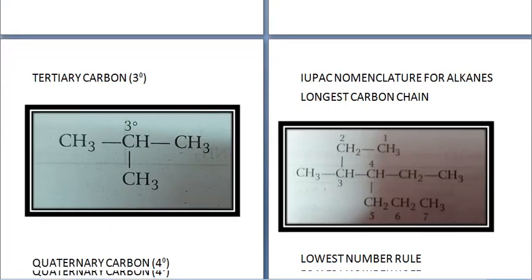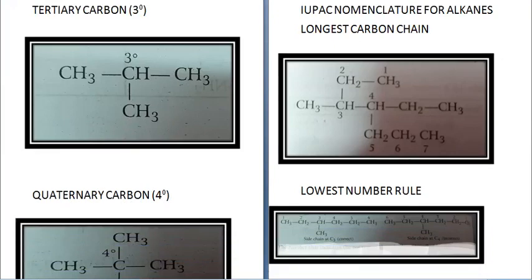Now in alkanes, when you are writing the name, the first thing you have to see is the longest carbon chain rule. The longest continuous chain of carbon atoms is called the parent chain. And the carbon atoms not included in the parent chain are called branch chain or substituents or side chain. Like see over here, there are so many carbons. If you count like this one has 1, 2, 3, 4, 5. But if you count this way, 1, 2, 3, 4, 5, 6, 7. And 1, 2, 3, 4, 5, 6. So which is the longest? Obviously the one with 7.